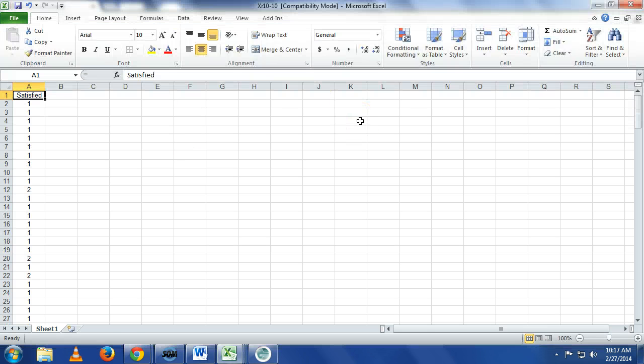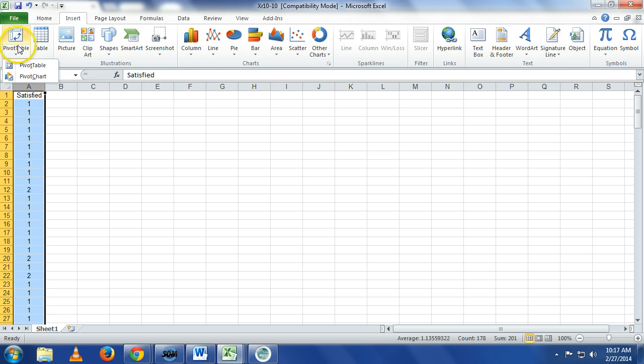One means satisfied and 2 means unsatisfied. So how are we going to get our P hat, and how are we going to get our N? That's all we really need in this case. Give me one way to get it. The way I would do it would be a pivot table. So if we take that data, highlight it,